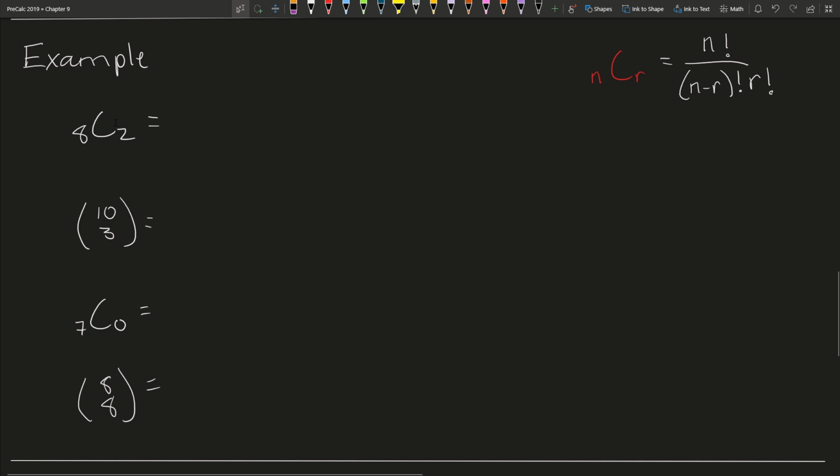So on the first example, we have 8 choose 2. So we just plug in 8 and 2 into our equation above on the right. So that will be equal to 8 factorial over 8 minus 2 factorial times 2 factorial. So if we simplify that and use what our definitions are,